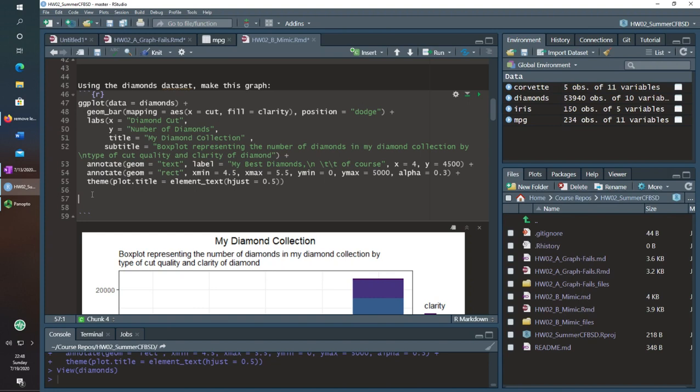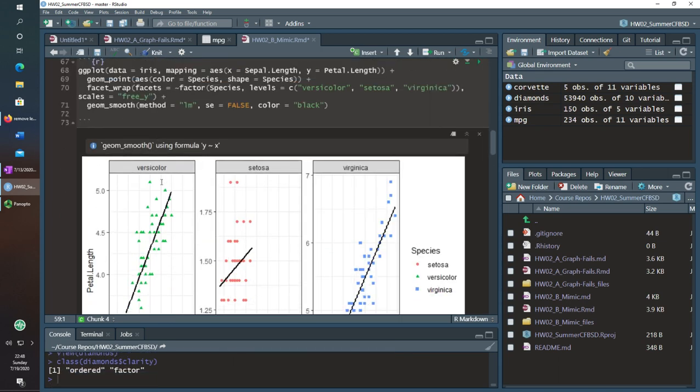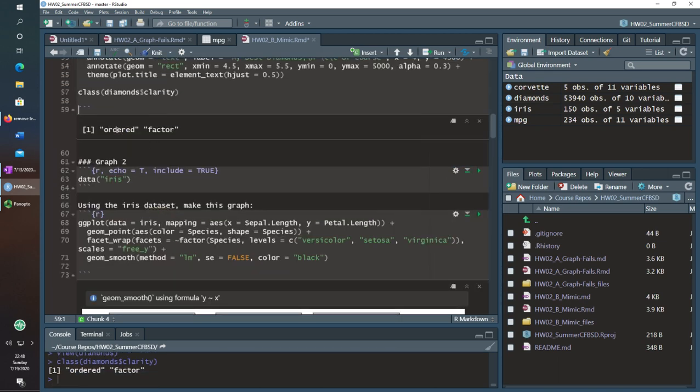so clarity is actually a factor, so this actually goes back into the other video that I'm making about factors. But if we do class to see what kind of class data type it is, diamonds, clarity, so it's taking that vector, it's going to print out what class it is, and it's an ordered factor.